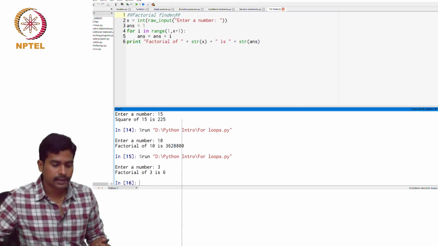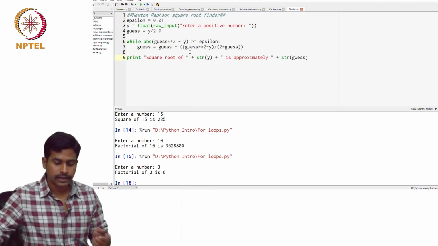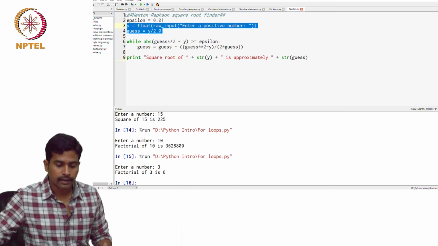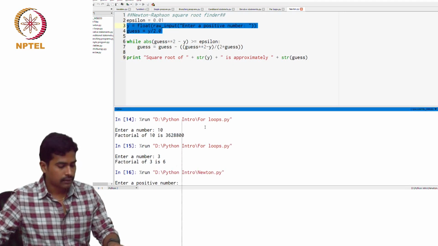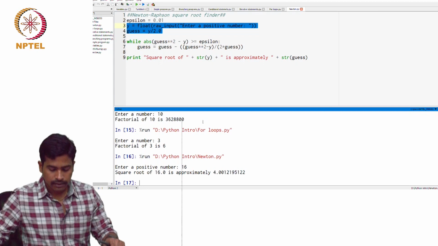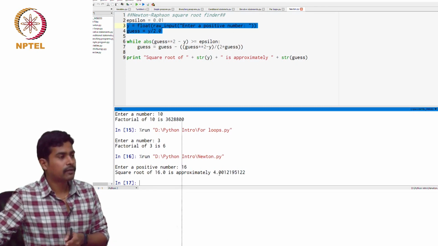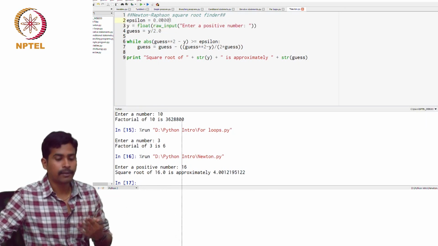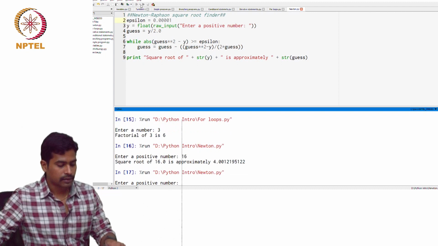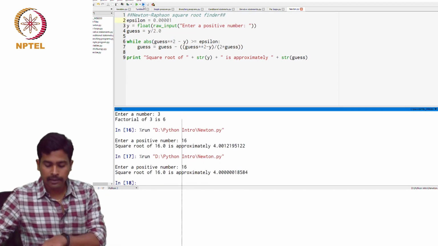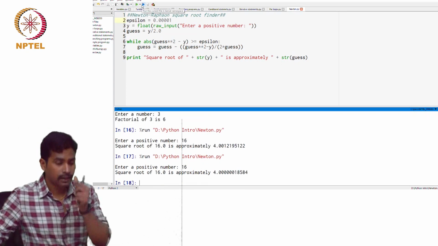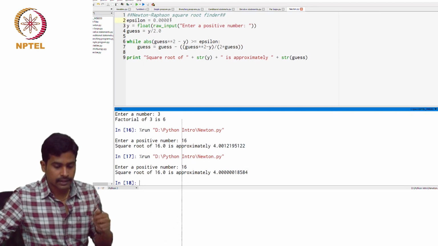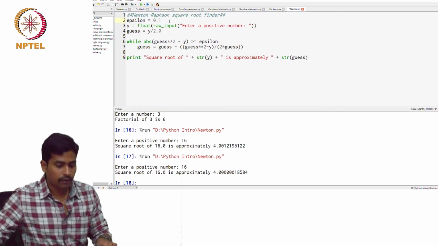Okay, now let us just open the program. Okay, so this is the same program, and let me run it. We will give 16, and the square root of 16 is approximately 4.00012. So, if I decrease the epsilon, if I make it even smaller and give the same 16, it is going to be even more accurate. Okay. So, you can change your accuracy just by changing the value of epsilon.